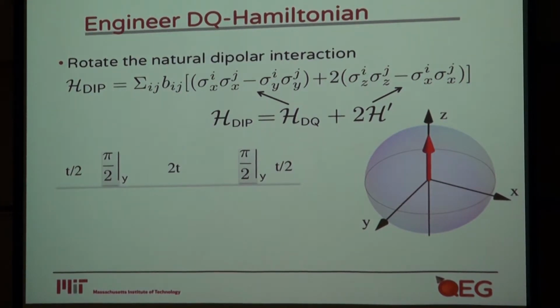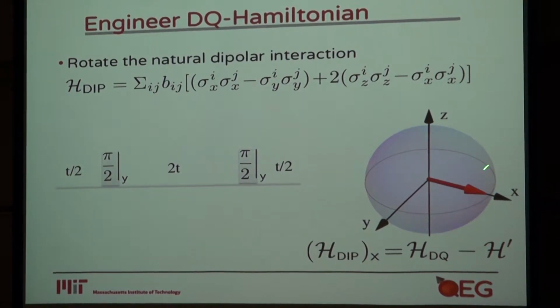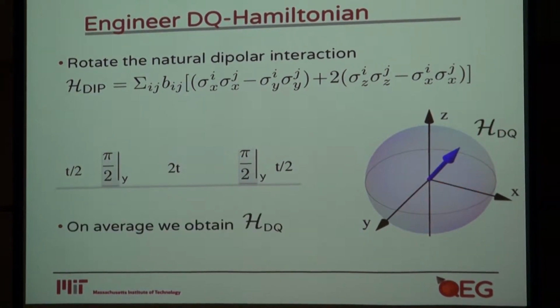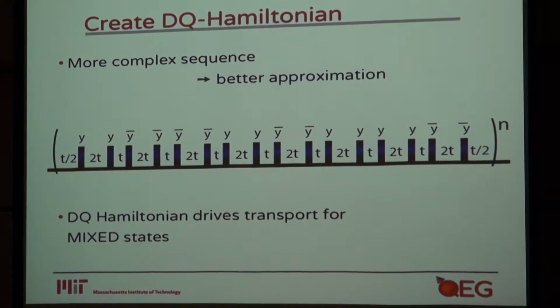Then I rotate it by these force poles, and this now will be another Hamiltonian, which is the same as the dipolar Hamiltonian, but now aligned along the x direction. And then what I can do is just to go between the two very rapidly by doing these pulses here. And on average, I will evolve under the average Hamiltonian over the time period. And so on average, we obtain this